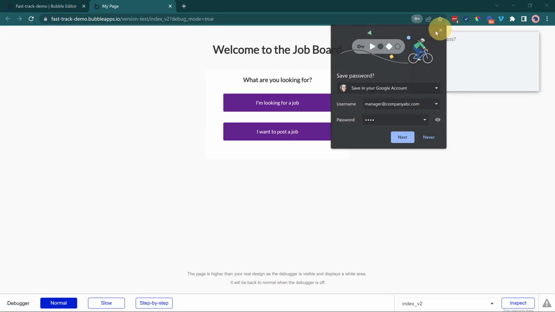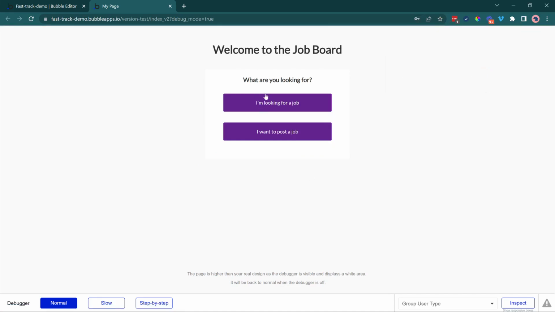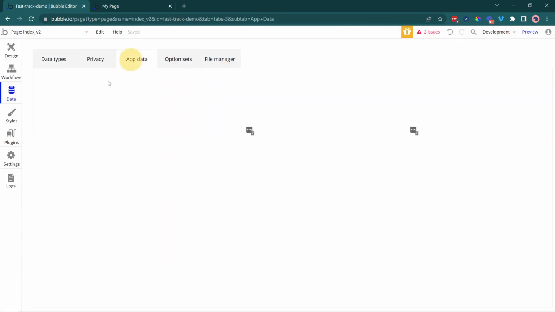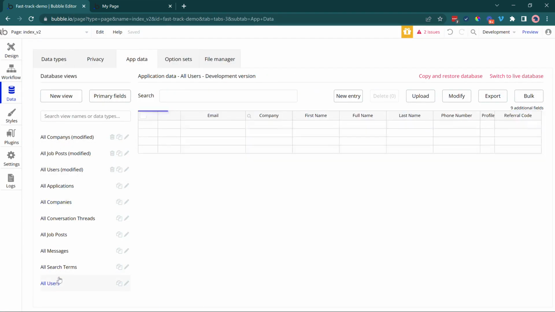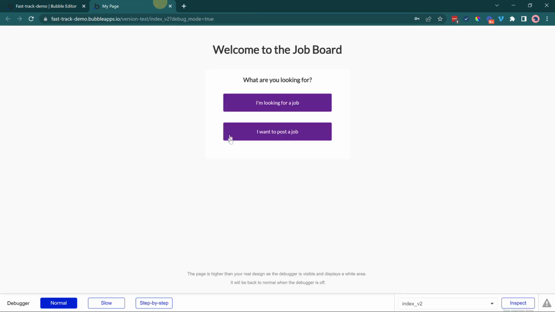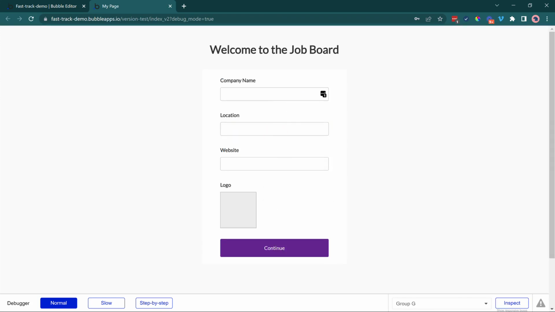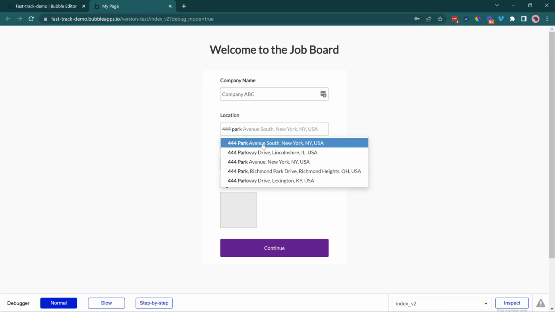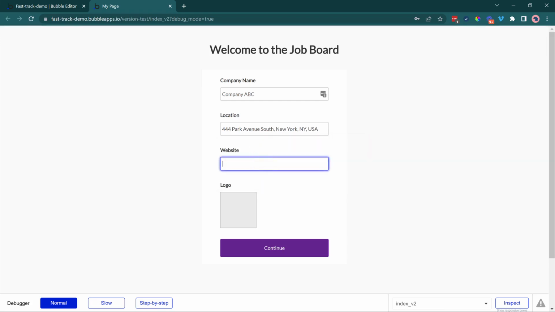Okay, and so you see how now I'm taken to the next screen asking me what I'm looking for. Before I show you that, I'm just going to take you into the database real quick and go into the users. You see here's my user account that was just created, manager at companyabc.com. So now I'm going to say I want to post a job, and it's going to take me to this screen. So I can say company ABC, and I'm going to search for a location. Let's do location in New York, right? You see how this is auto-completing for me? And then I'll do a website,